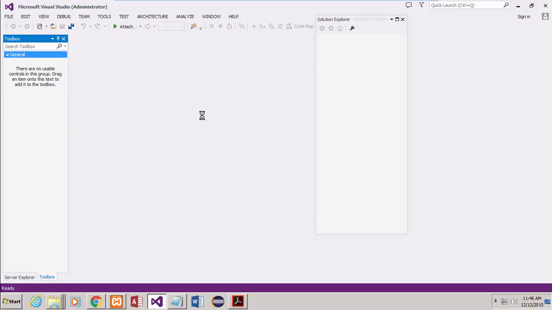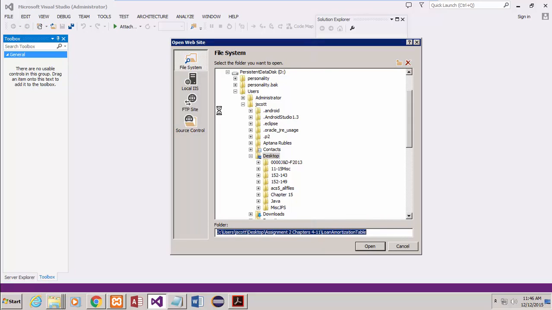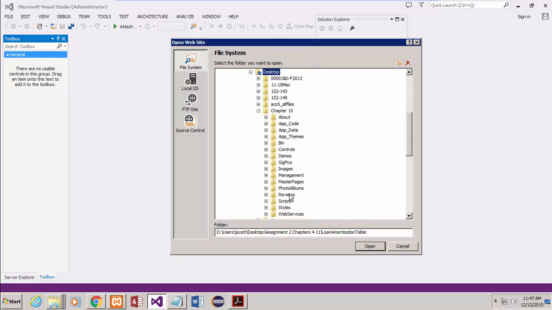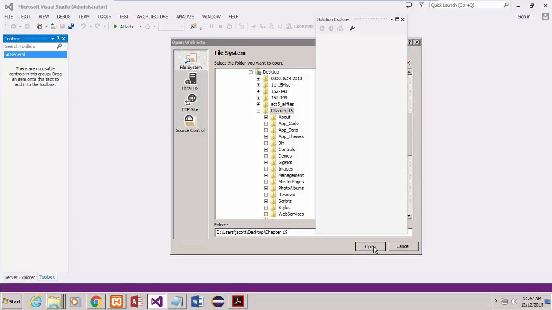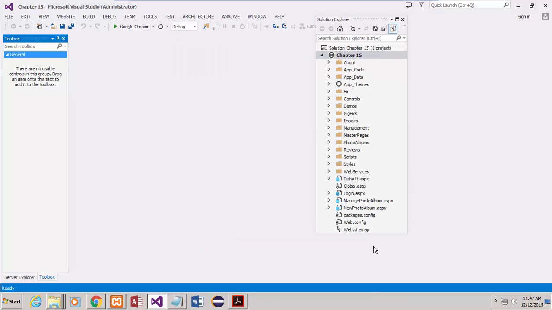and I look in here and I find the stuff from chapter 15, there it is. I don't want all that stuff. I just want to click on chapter 15, click open, and now everything is out here. So if I want to go back now and take a look at some of this stuff, as shown in here,